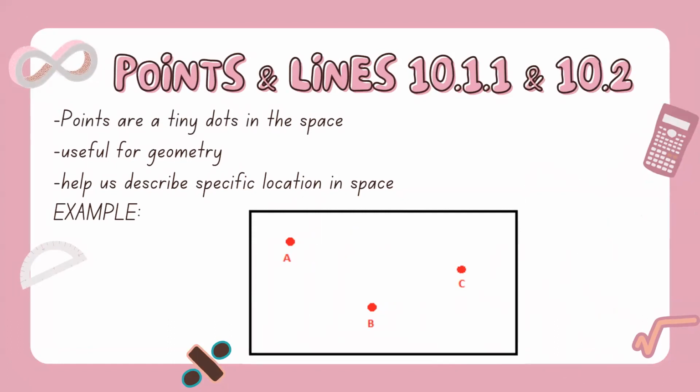So points are like tiny dots in space. They are very useful for geometry, and points help us to describe a specific location. For example,